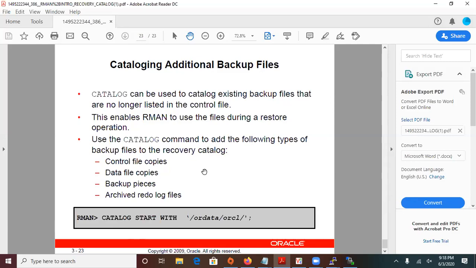Use the catalog command to add the following types of backup files to the recovery catalog. So you can add the control file. That will be part of your assignment. With catalog start with, since you will be doing backup with RMAN or user managed backup, you can catalog the backup that you did and specify the path of the directory. So that's it, right? So now we are going to create